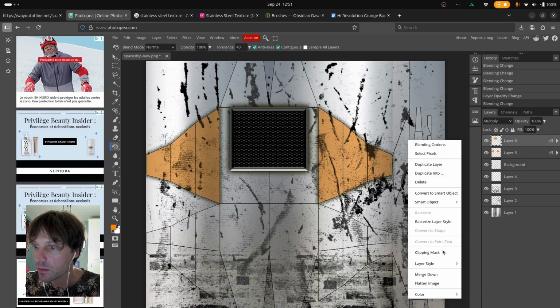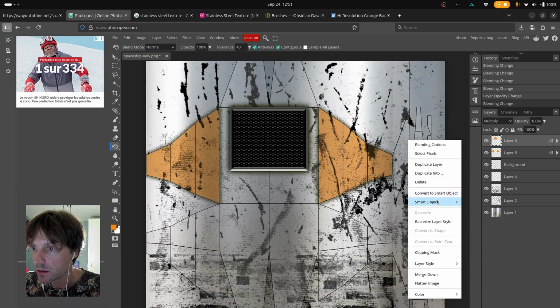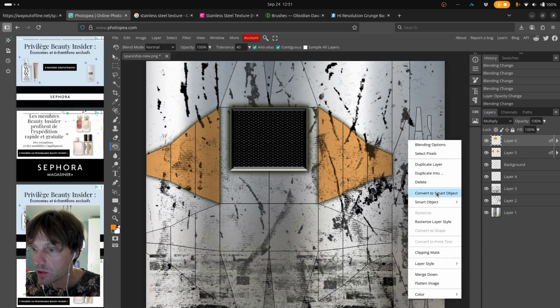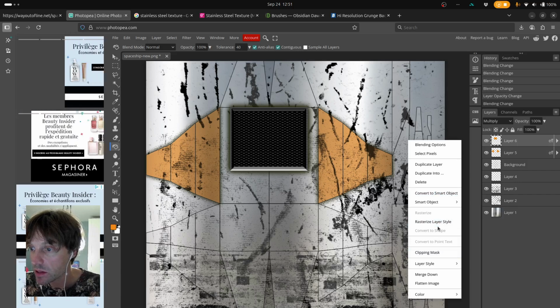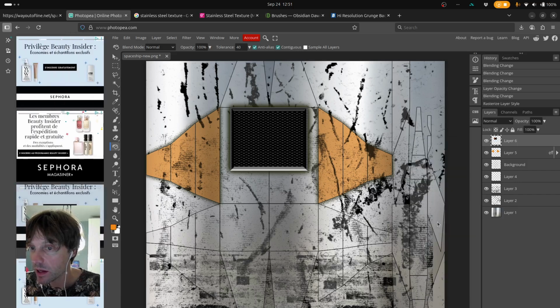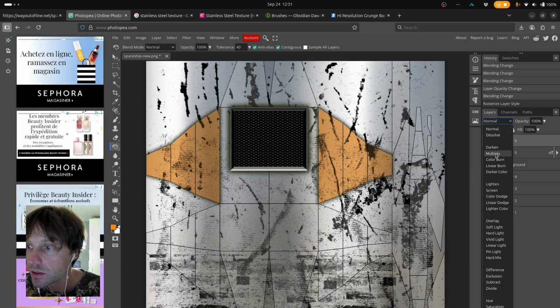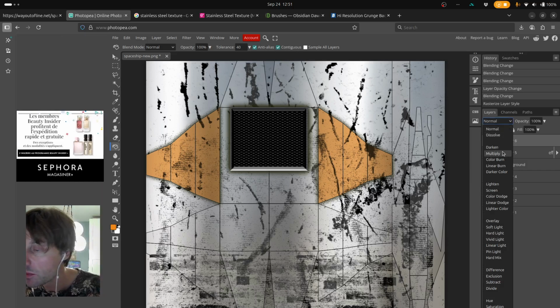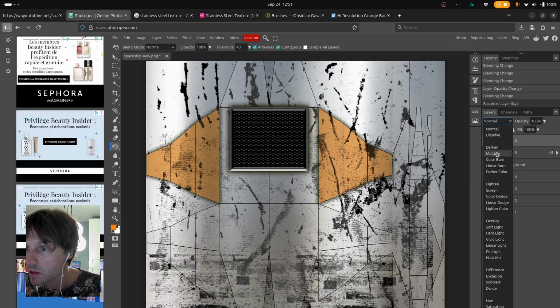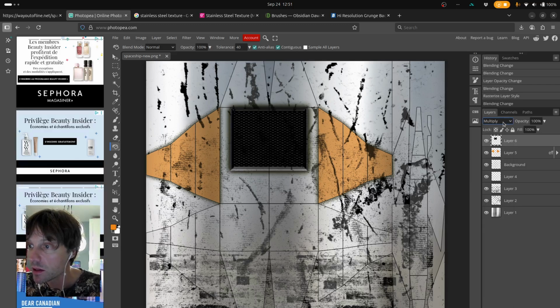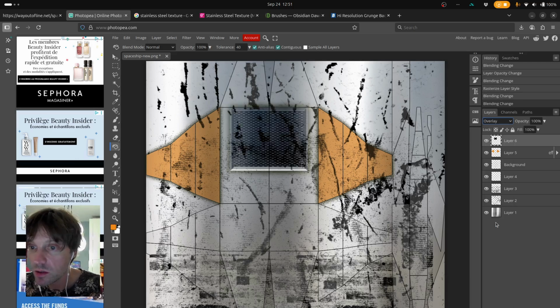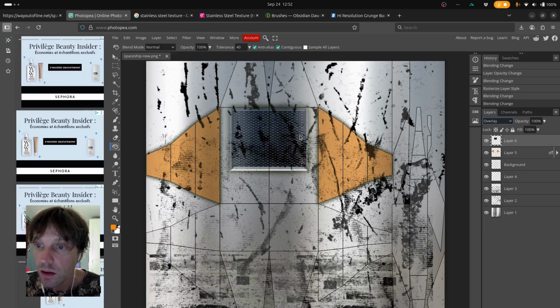So right click. I could convert to smart object. Or I could say rasterize layer style. Let's do that. So now the effects are gone. It's actually baked into this shape that I painted basically with the paint bucket. So I'm going to say multiply. So now the blend tools actually do something, and I can make something more